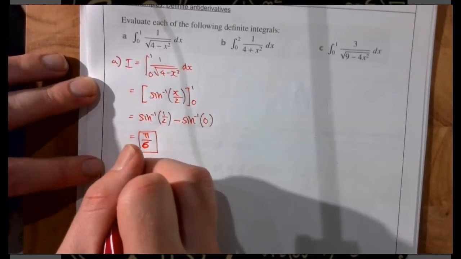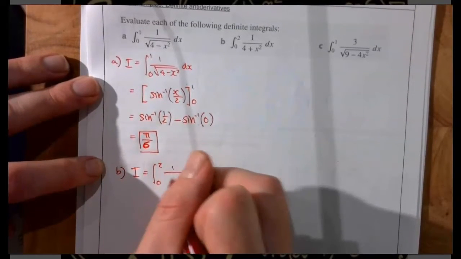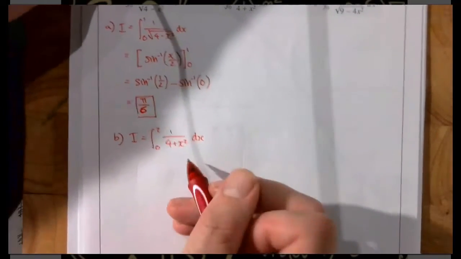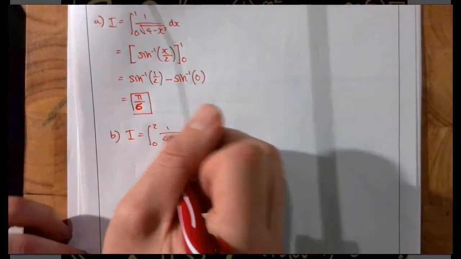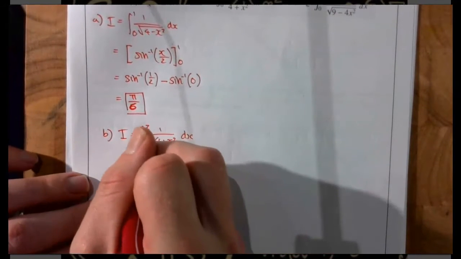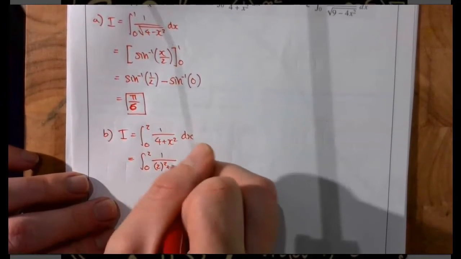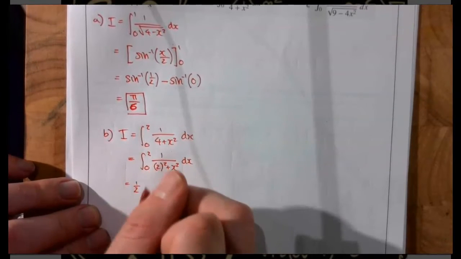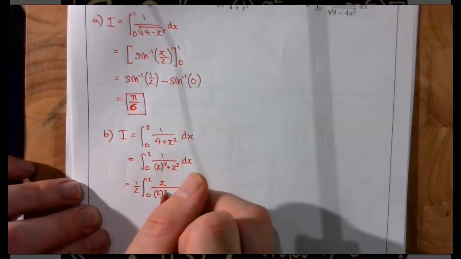Job done. For part B, our integral this time is evaluated between 2 and 0, and it's 1 over 4 plus x squared dx. It's a tan example because I don't have the square root, and the problem is I don't have the a on the numerator. A is 2, right? Because this is the same as 1 over 2 squared plus x squared dx. So if I'm going to times by 2, I also need to divide by 2 so it balances. So this is the same as